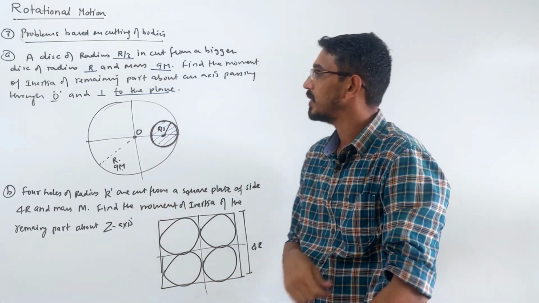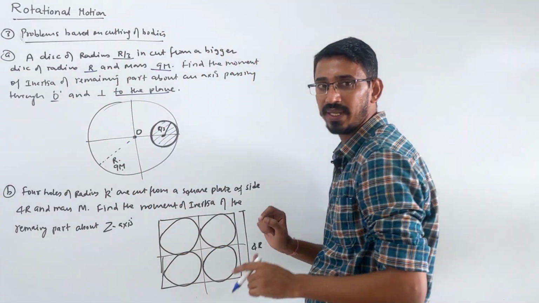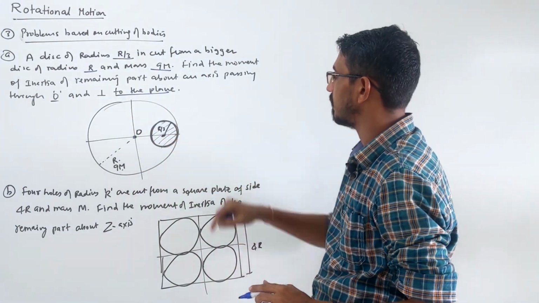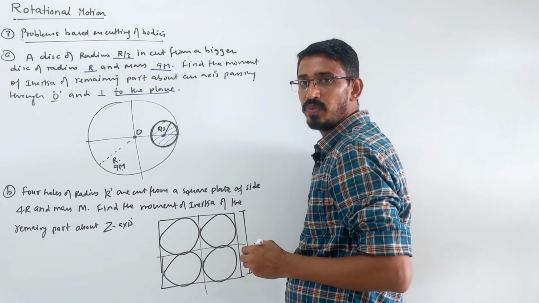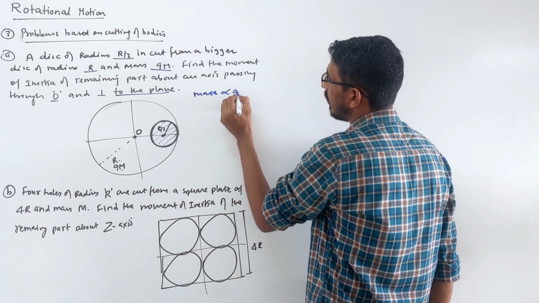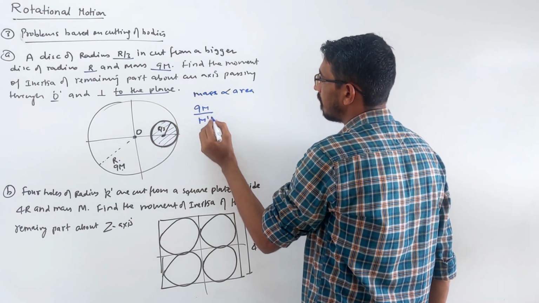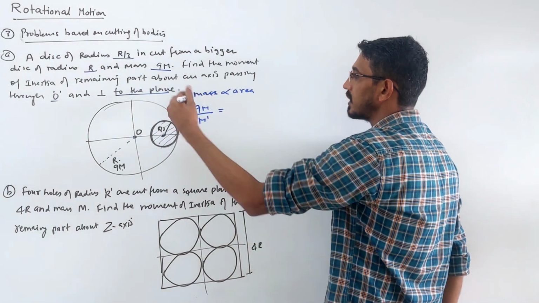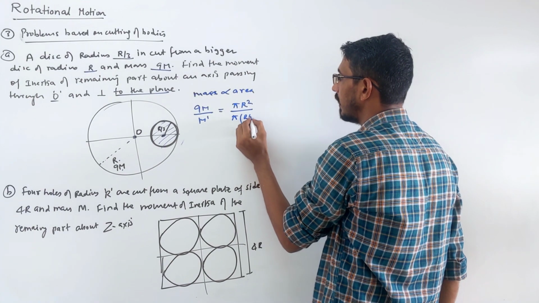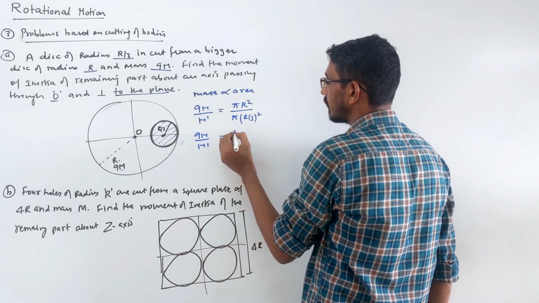Again about O. So first what you do here, like we have done in center of mass also, we have to find the mass of the removed piece. Mass of the complete disc is given as 9m. What's the mass of this piece? Mass is proportional to area or volume; for a two-dimensional object, mass is proportional to area itself, right? Mass of the bigger disc is 9m. Let's call the mass of this piece m dash, which we have to find. Area of the bigger disc is pi r square, and area of the small disc is pi times r by 3 whole square. So 9m by m dash becomes 9.